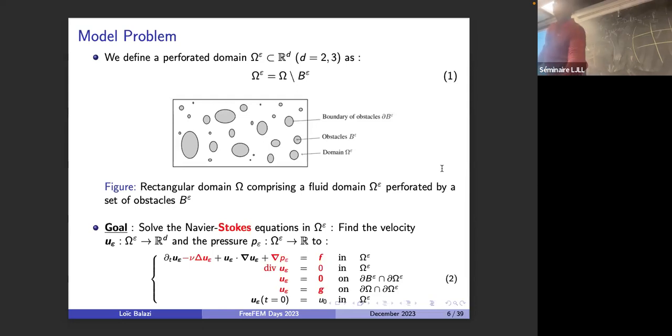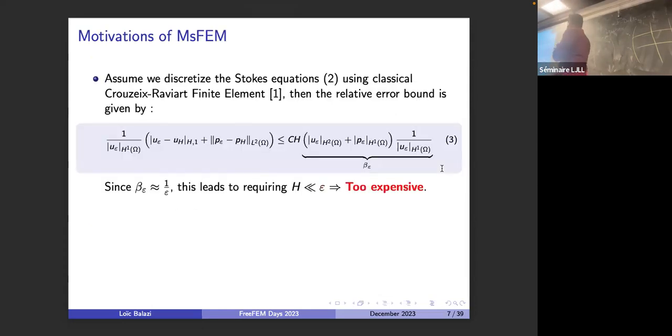The motivation of this work is that if we discretize this problem with the classical finite element, let's say Taylor-Hood, we know that the error is given by this bound. If we do some numerical analysis in the perforated domain, we know that the term that we call B epsilon is of order 1 over epsilon, the size of the obstacle. Since epsilon is small, this means that the mesh size H must be much smaller than epsilon, and it is generally too expensive